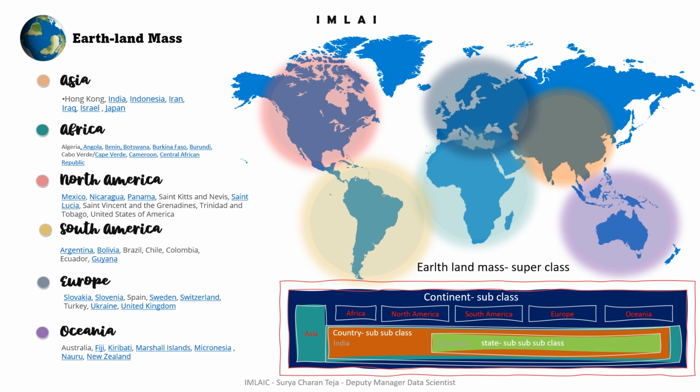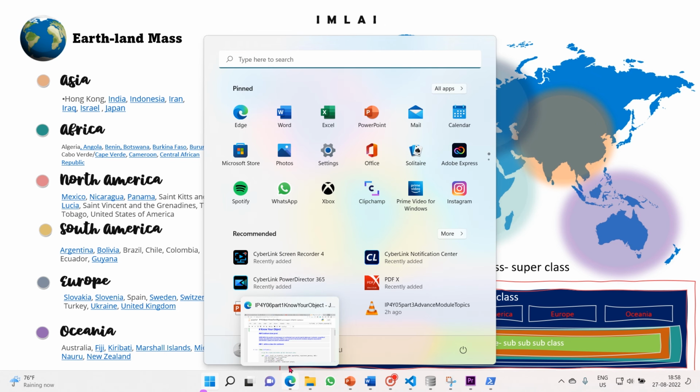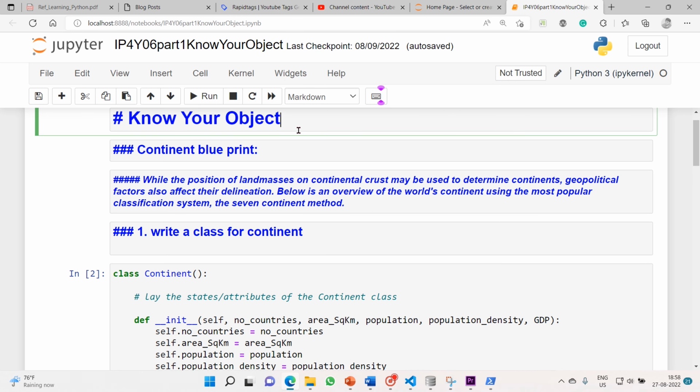So enough is enough. Let us code. Let's begin. As I have told you, continent is a categorization or division of a landmass, the earth's landmass. So this is a general category. It is abstract, not a real or concrete one. So what I will do is make a blueprint to divide